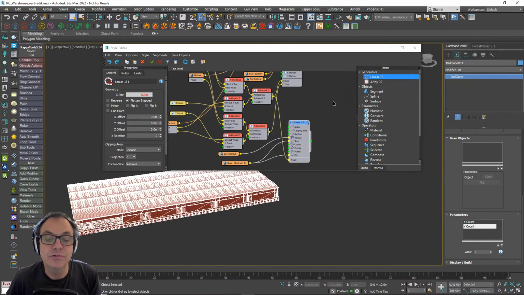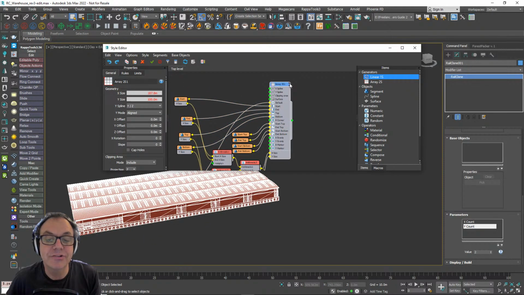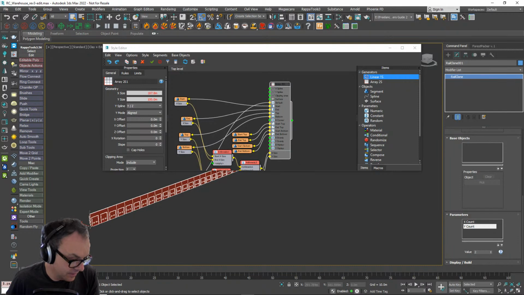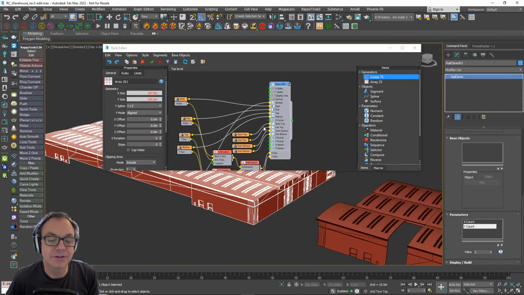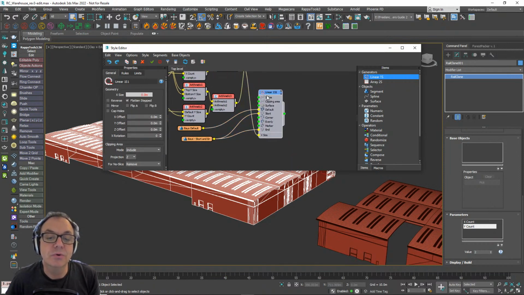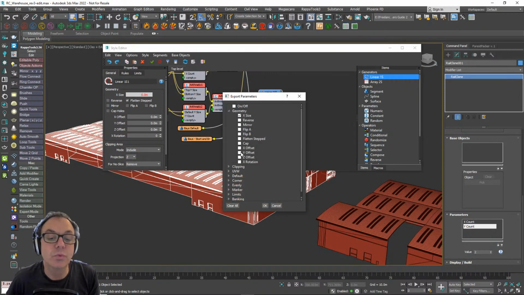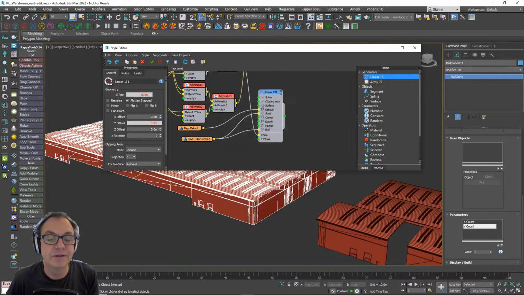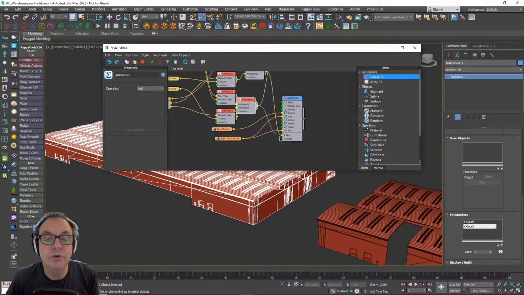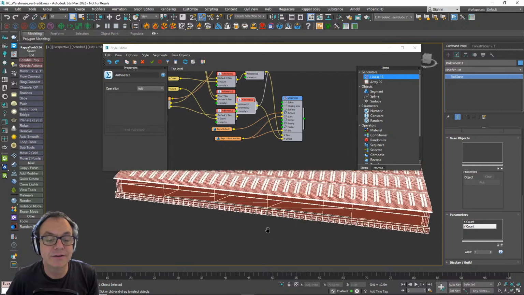Now that is already created somewhere. If I just hide that generator, you should see it. There it is. But it's at the front of the array. It started at where the RailClone's pivot is, as you'd imagine. So what it needs to happen is we need to move it to the back of the array up there instead. And basically we can use the Y size for that. So we can export parameters, and in here you'll see there's a Y offset parameter. If I click on that and wire up the Y size, we'll move it to the back of the array here.